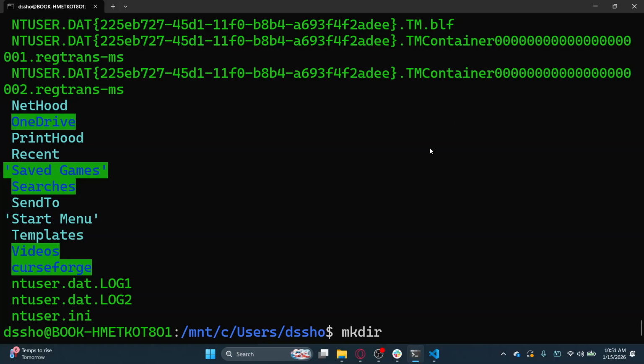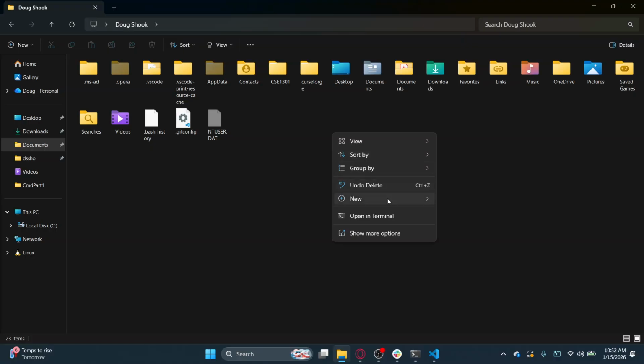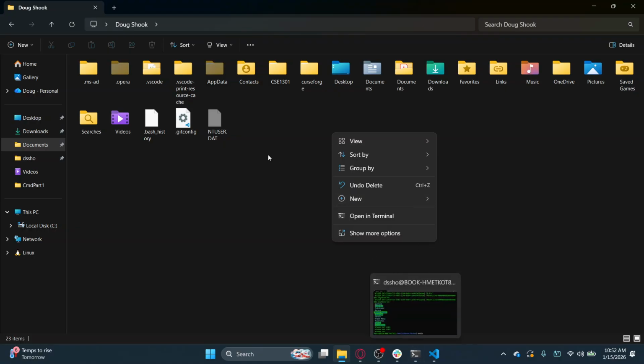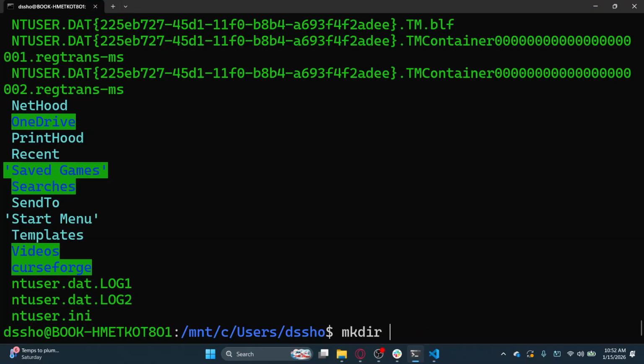It's actually the same exact thing. If on my Windows machine, I came here and I right click and I say new folder, literally doing the same thing. Exactly the same thing, just via the command line. So, I already have a folder in here for my intro class, but I don't have a folder in here for this class. So let me make one,